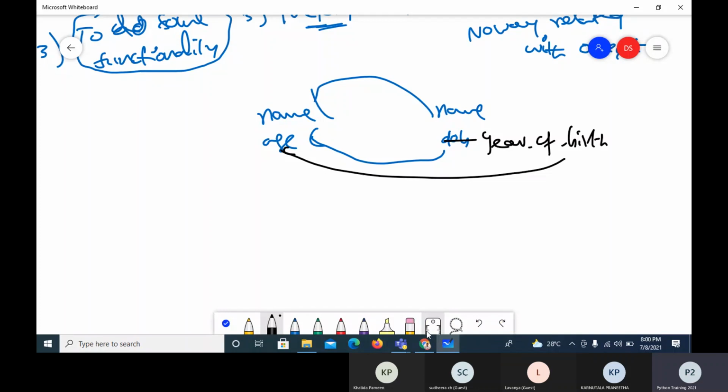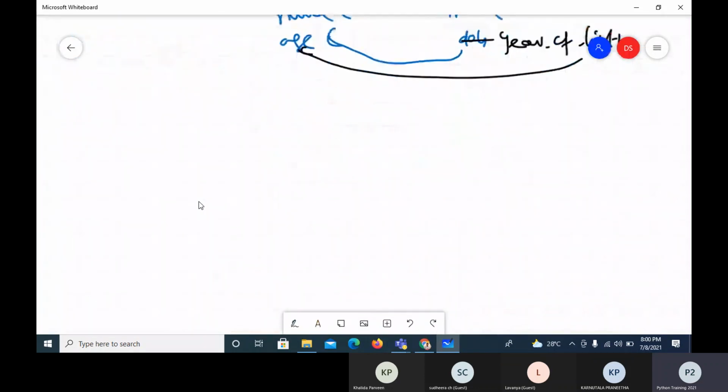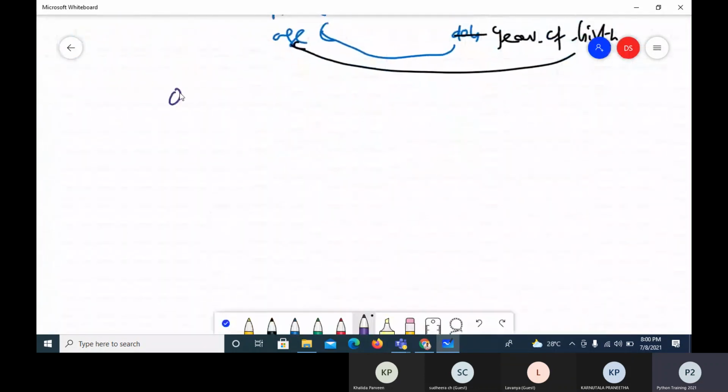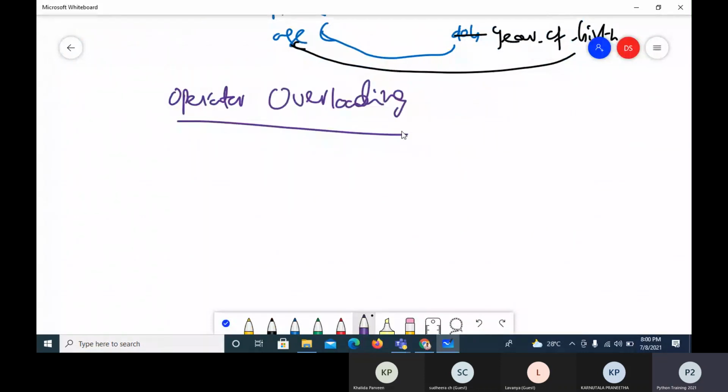So the next concept we can learn is operator overloading. Now, normally when you take some operators, whether it is plus, minus, asterisk, whatever operators.